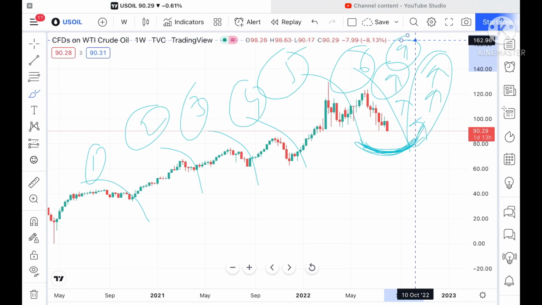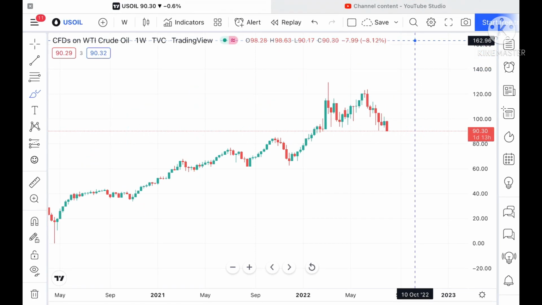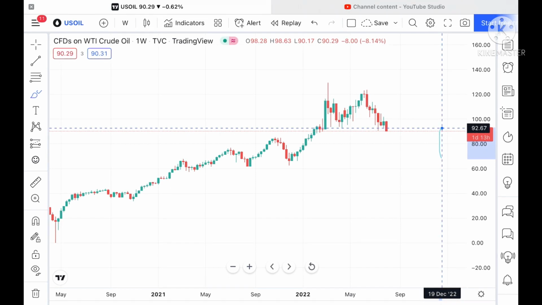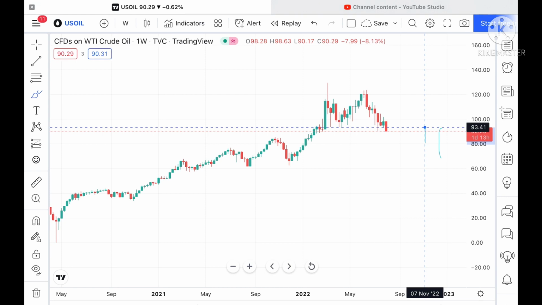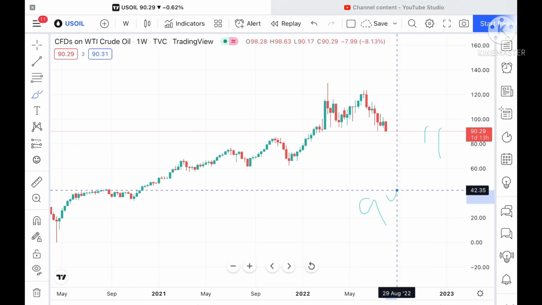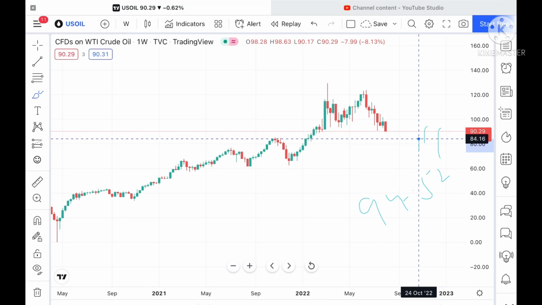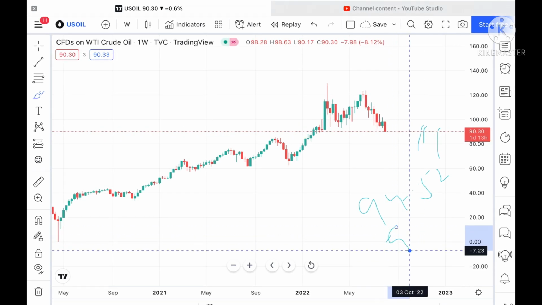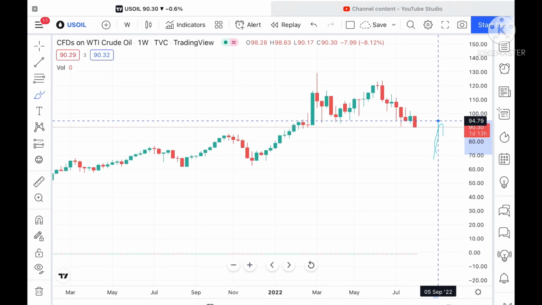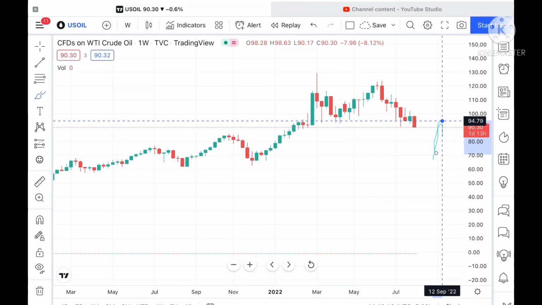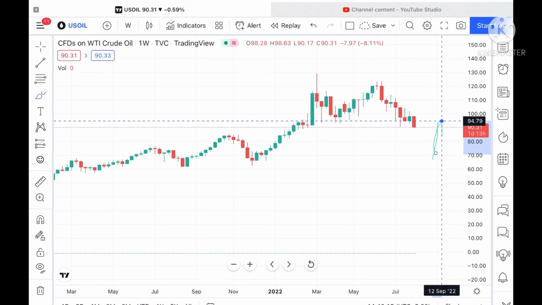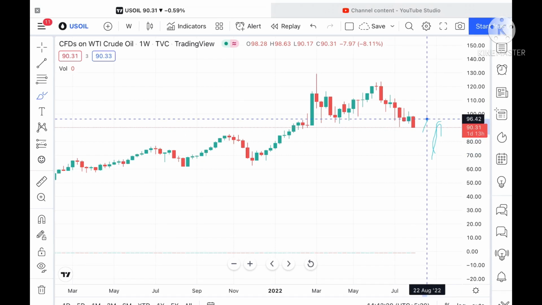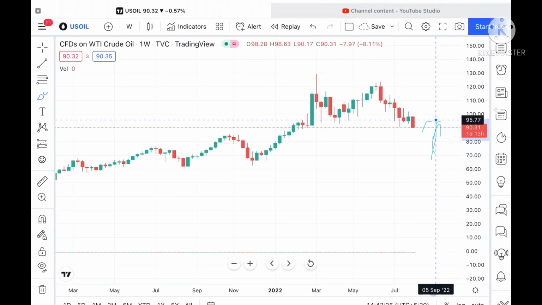Now suppose this particular level sustains, we can see it can go further upside towards a level of 92.67, and from there it can go further high towards a level of $94.52, and from there it can go further upside and touch a level of $95.63. If this level sustains, then it can touch a level of 94.79, which again, if this level goes upside, has not been tested here, but if sustained, then it can go further high towards a level of